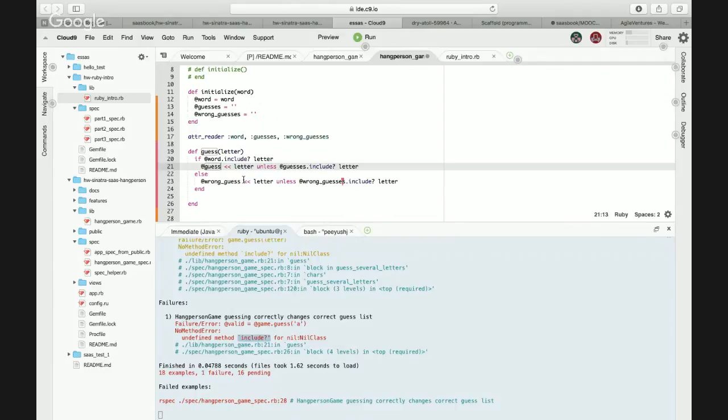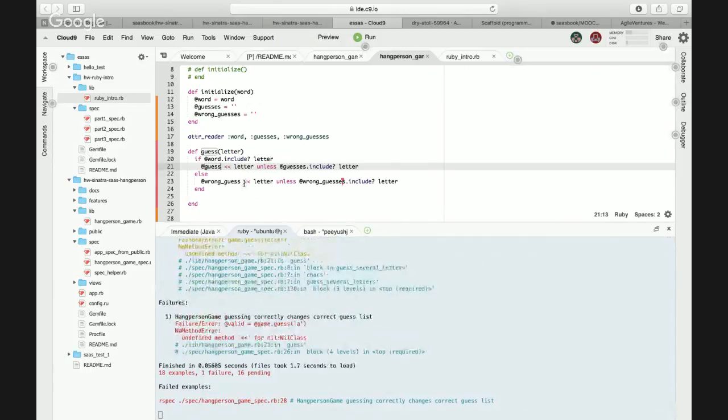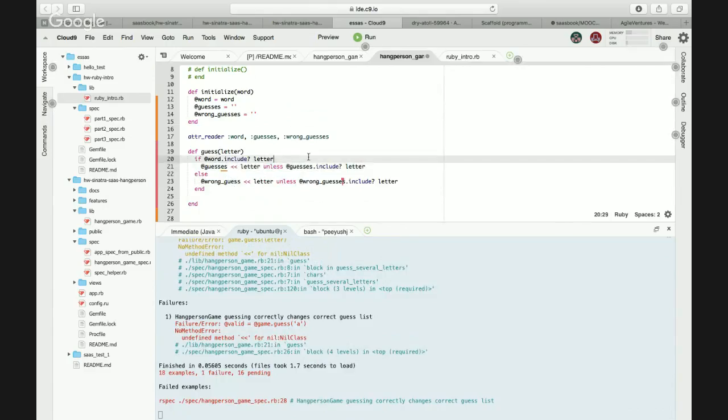Do you think it'll... let's see if it causes the tests to pass now. It will still fail, because we need to change it here, one more place. Oh yeah. So let's run it now.